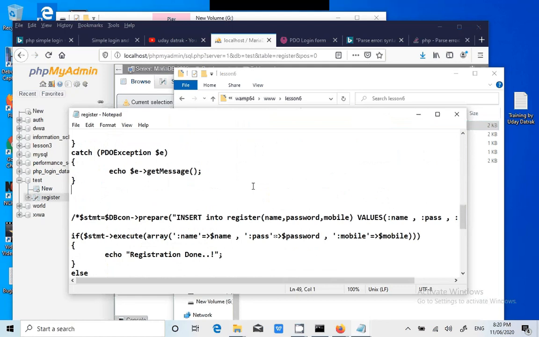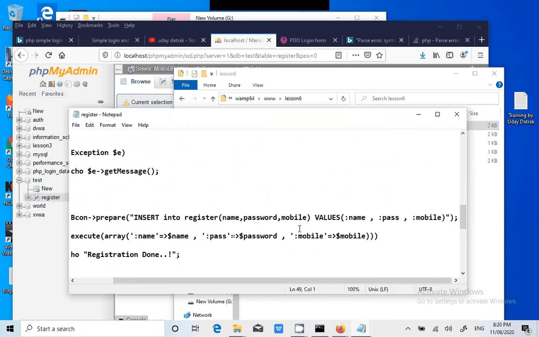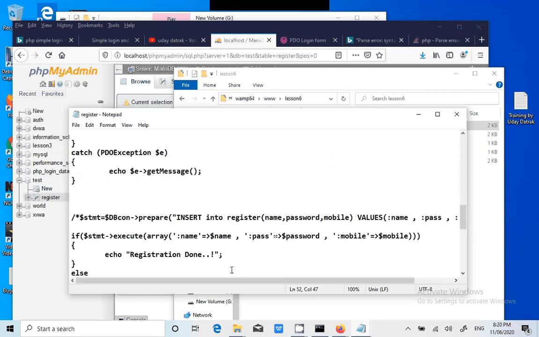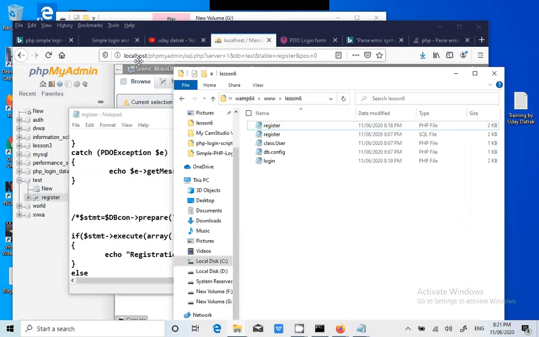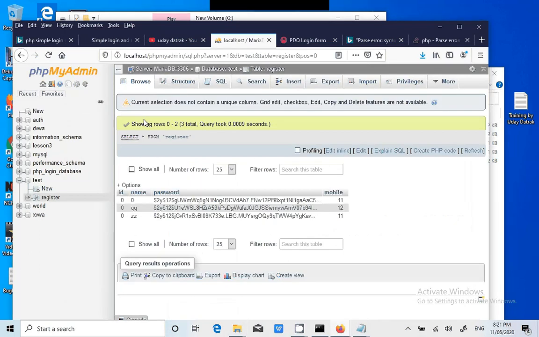Insert into username, password. Here he is trying to insert only 3 values, but he has created 4 columns. So this will take longer than expected.